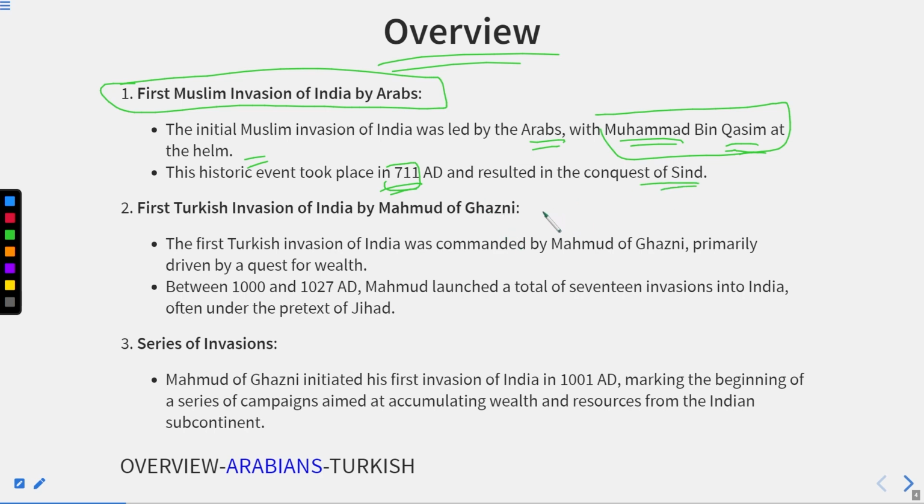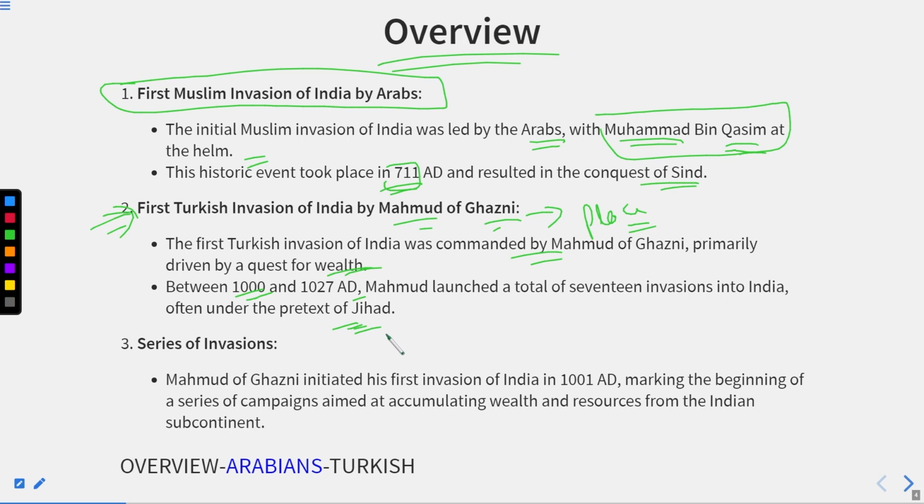They captured it. Thereafter, we have the first Turkish invasion of India by Mahmud of Ghazni. You have also heard his name as Mahmud Ghazni. Ghazni was a place, or you can say his capital. The first Turkish invasion of India was commanded by Mahmud of Ghazni, primarily driven by a quest for wealth. Between 1000 and 1027 AD, Mahmud launched a total of 17 invasions into India, often under the